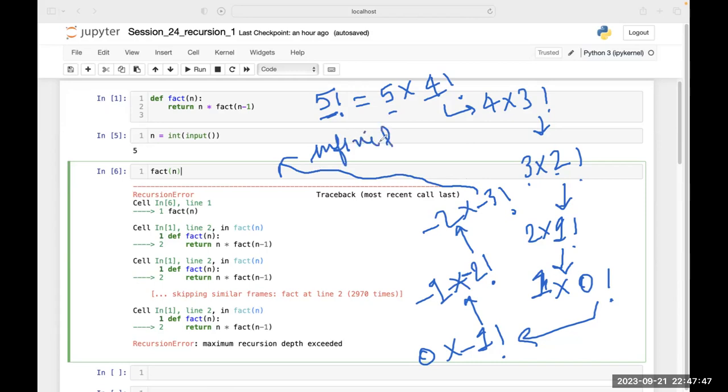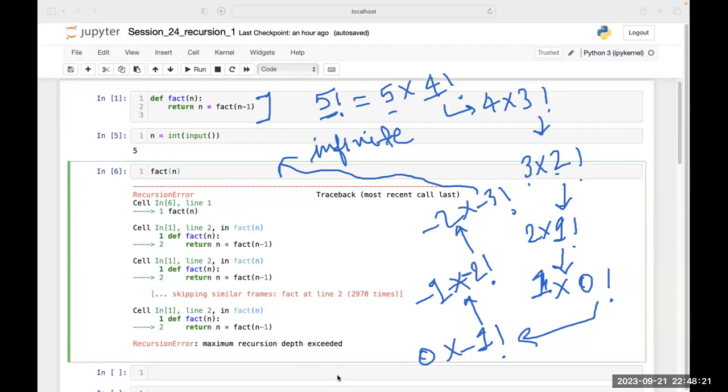Why is it keeping on going? Because we have not given a base case. I have not told my recursion where it needs to stop and return something. That's why it is giving me an error, because it falls into infinite factorial calls. It keeps on calling and never stops.